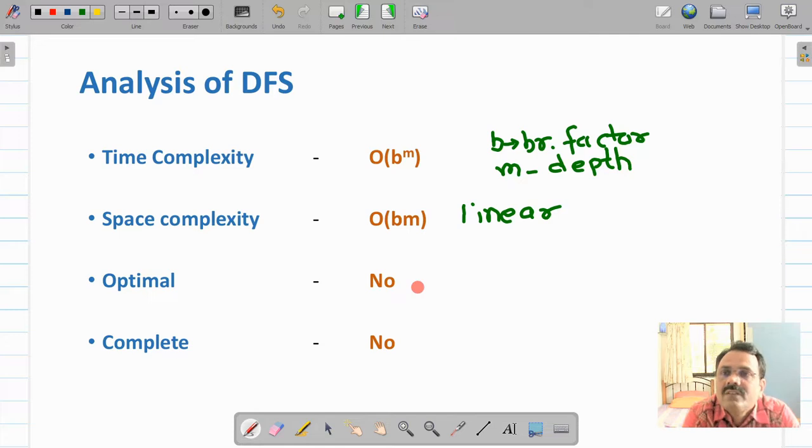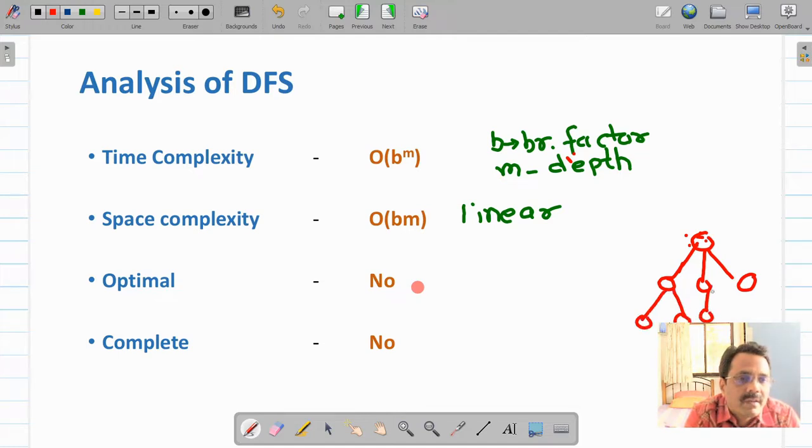Let us visualize this. Suppose your search tree is something like this. And your goal node G is suppose out here.